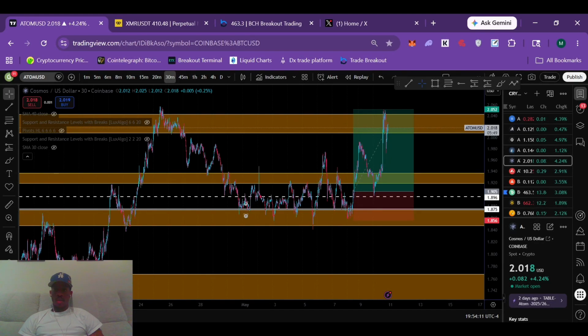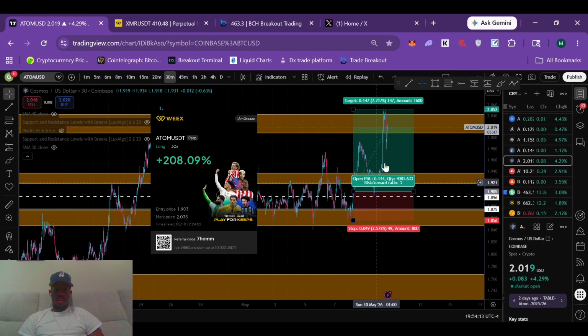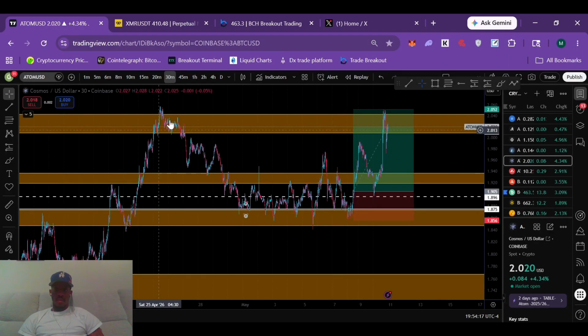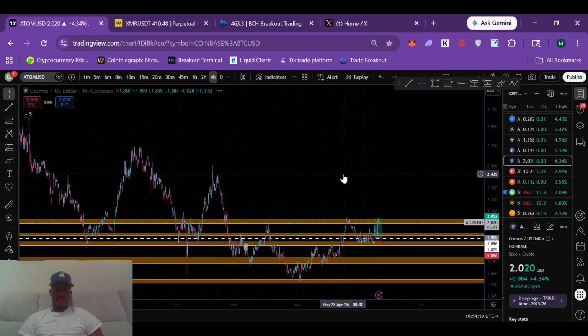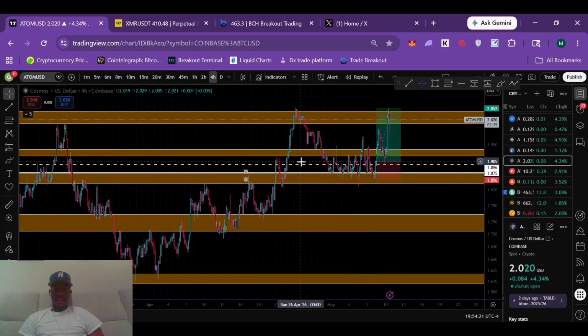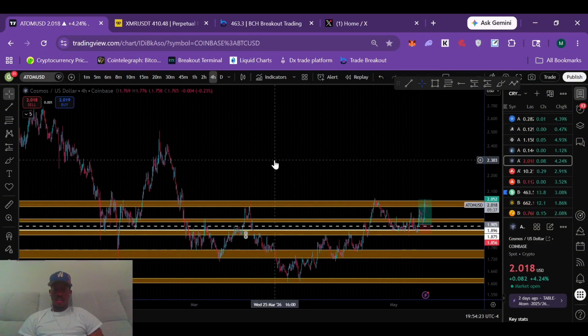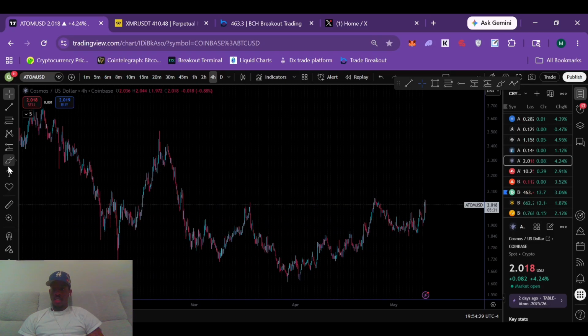In this video, I'm going to be breaking down how I caught this 3R trade trading Atom, right? So it all started off of the 4 hour where I had this zone drawn out. I'm going to just delete it for right now and draw it out real quick. When I saw this level